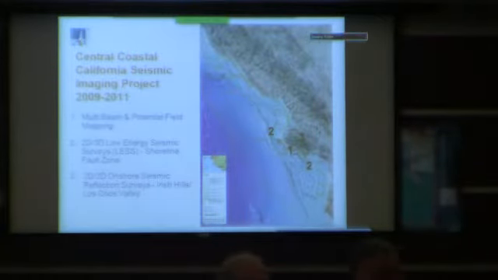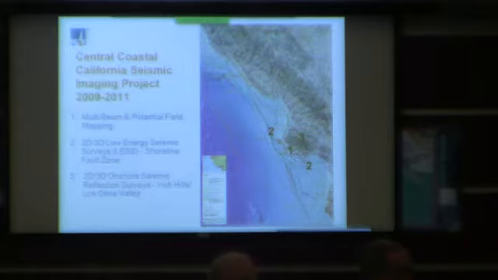Okay, this is supposed to be kind of a sequential slide, but the point that I want to make here is that from 2009 to 2011, we've been doing a great deal of work onshore and offshore. It began with seafloor mapping and this potential field mapping, looking at the gravity and magnetic field in and around the coastline here to basically confirm what we saw with the seismicity lineation. And again, to address the requirement that we use 3D seismic studies of the area, we started a program of low-energy 3D seismic investigations at the northern section where the shoreline intersects the Hosgri,